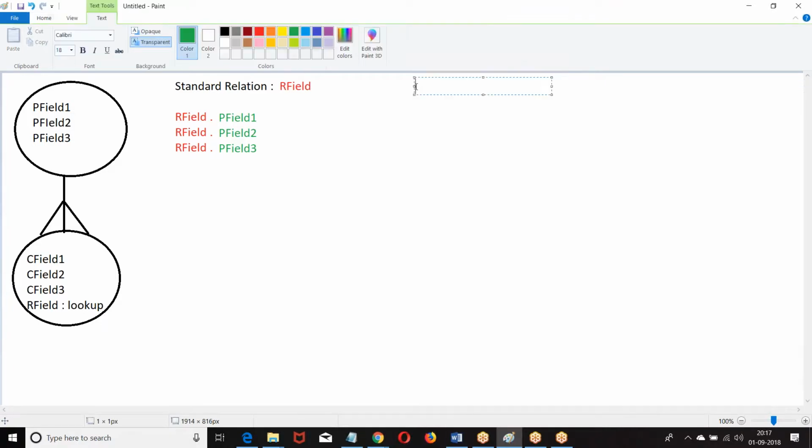If the relation between these two objects is created by user, R field underscore underscore C. Now you refer R field underscore underscore R dot. Underscore underscore R means relation. R field